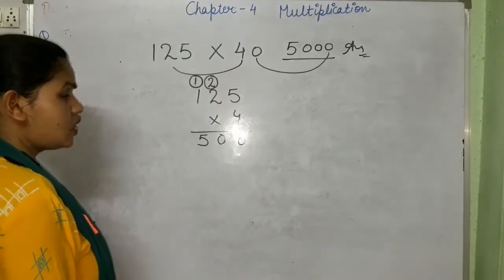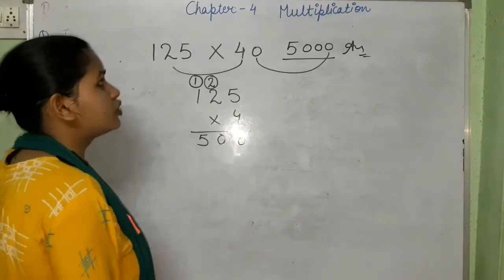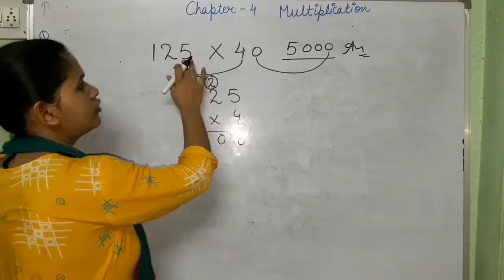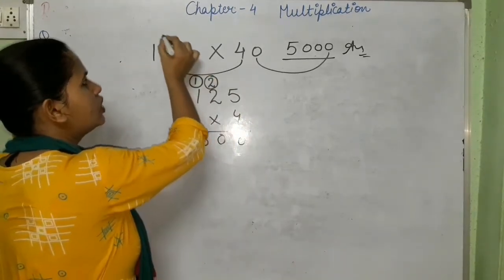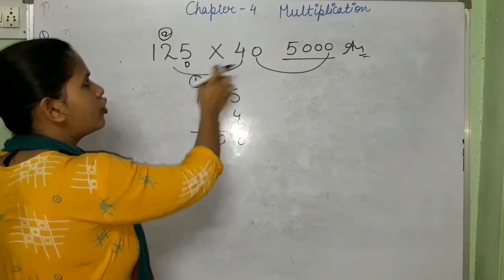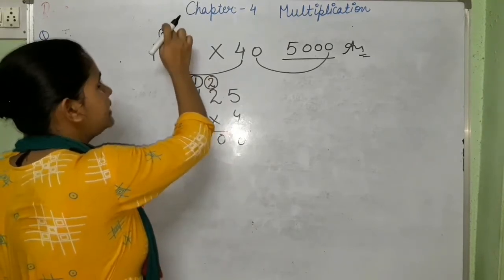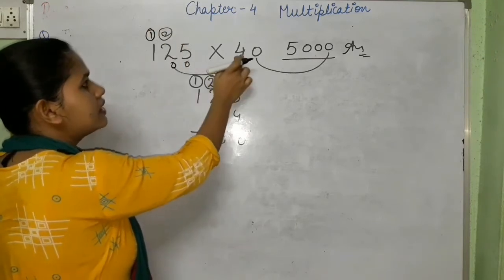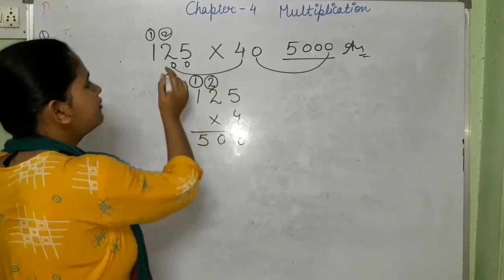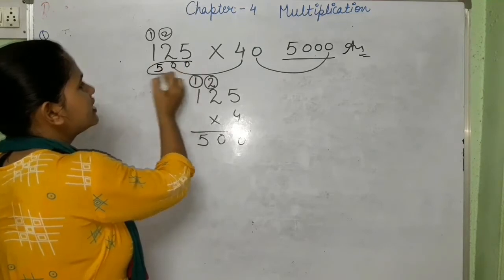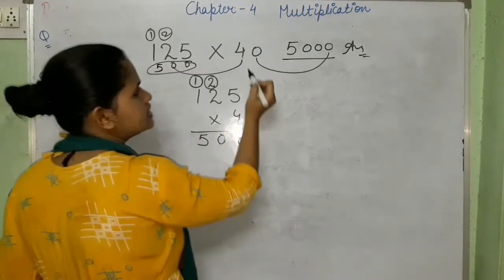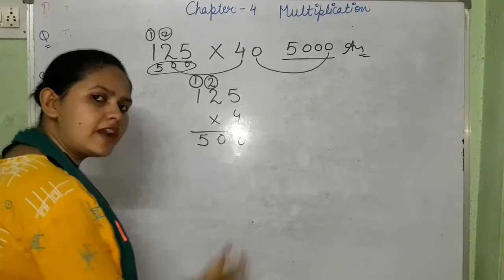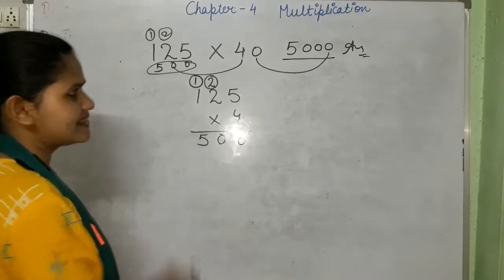Okay. Or in a quick method, if you want, you can simply do 4 5s are 20, there will be 0. 2 goes to carry. 4 2s are 8, 9, 10. 0 will be here. 1 goes to carry. Right? Then 4 1s are 4 and 5. Here we got the 500. And yes, there is 0. That becomes 5000. Right? Your answer is here.